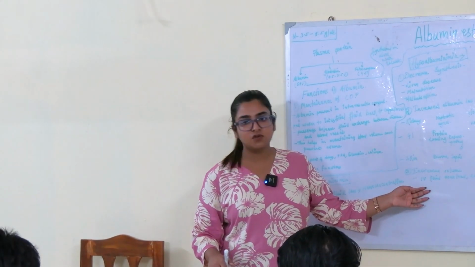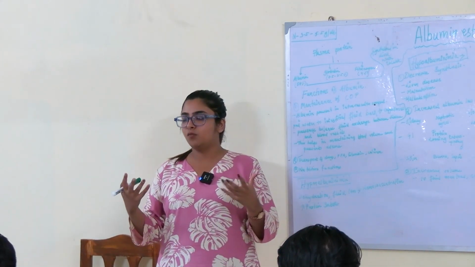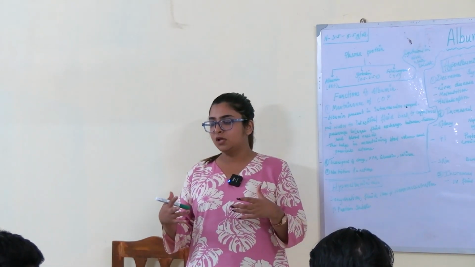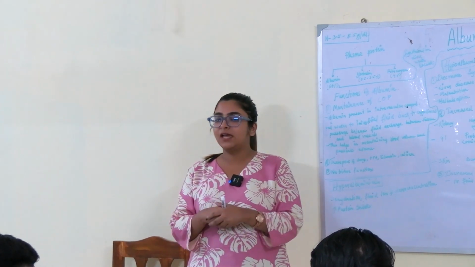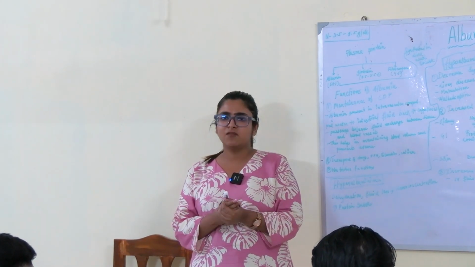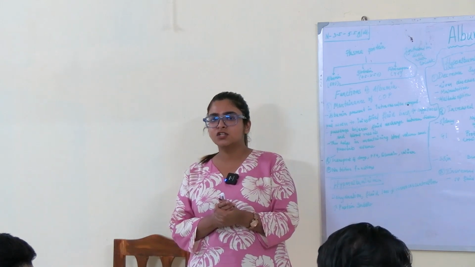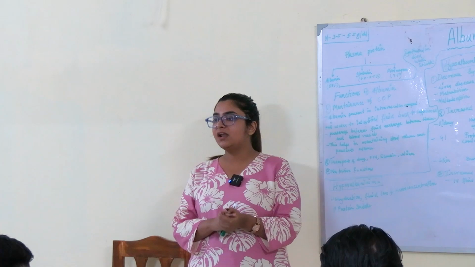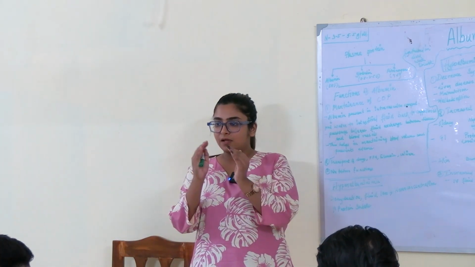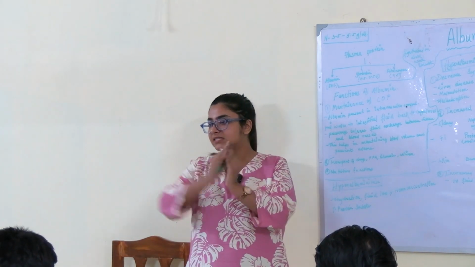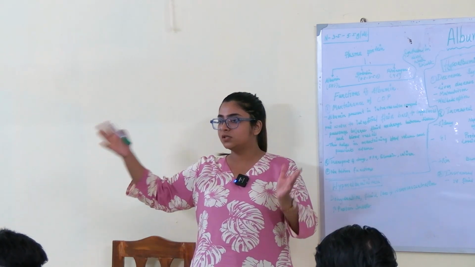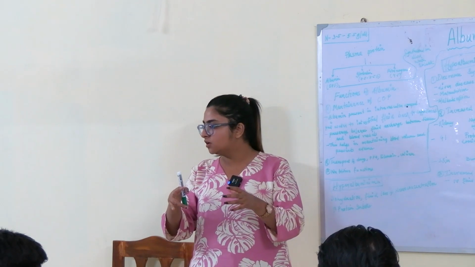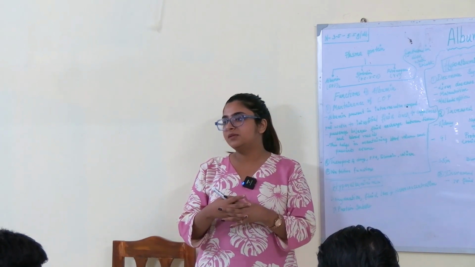And increased volume. When we have more volume in our body, volume overload, like in CHF, cardiac failure patients. Or more IV fluid, like when you have diarrhea, or maybe someone has pancreatitis or dengue. In all these conditions, we treat patients with volume therapy. So if someone has volume overload in their body, the amount of albumin is limited and there's a large amount of water in our bodies, so the albumin will get diluted, so there will be less albumin in our body compared to water. So in such cases also, hypoalbuminemia can occur.